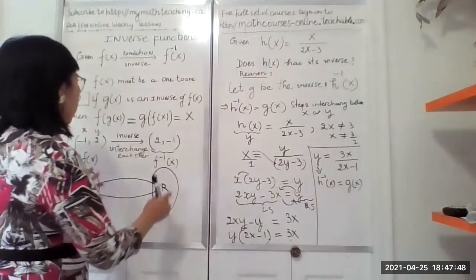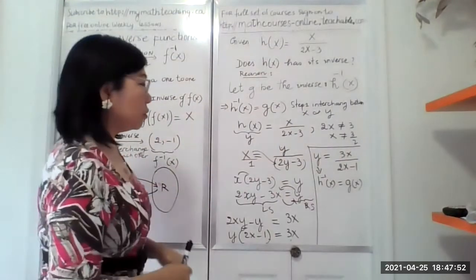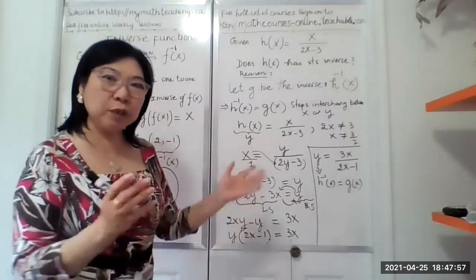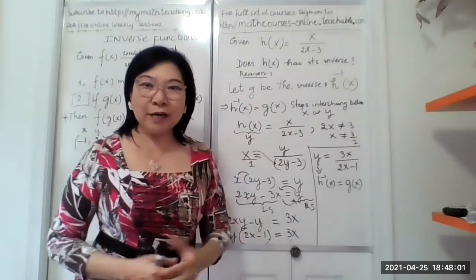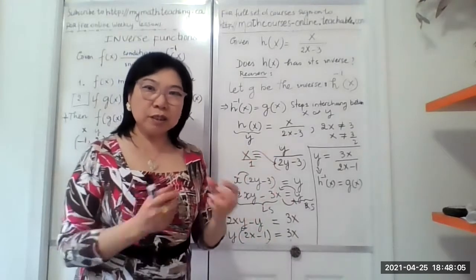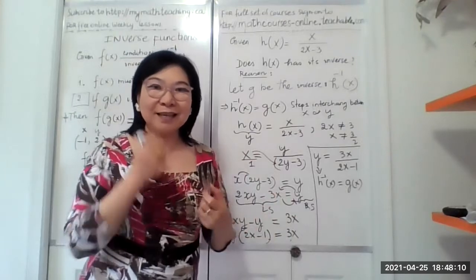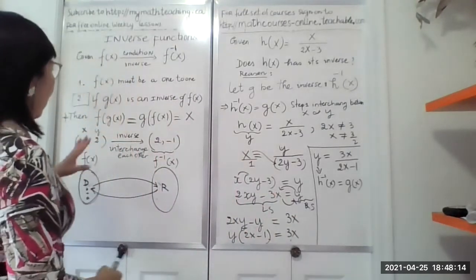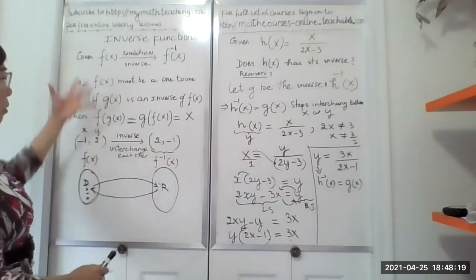Now, the next step: we don't know if this is a one-to-one function, whether they have an inverse or not. We just go ahead and find it. We're not sure if it's valid or not. So to know if it's valid, we're going to check if its composite functions are equal to each other and equal to x. So let's do that. I'm going to have to erase some of the